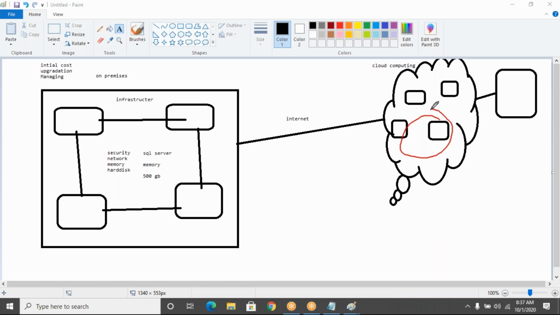Then from our computer, if you have internet, that's enough. Your system need not have the Windows 10 operating system. Your system need not have hundreds of GBs. With a simple configuration system and internet, you can develop your projects, because through www.azure.com you can log in. There are plenty of services. You can develop the services, you can develop the projects, you can deliver the projects.